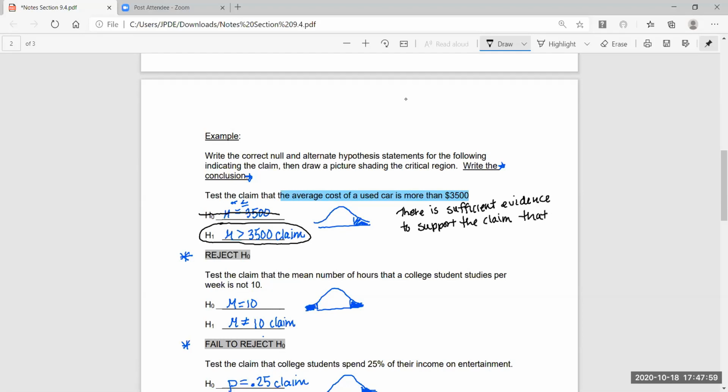And then what I usually do is I go back to the wording, and the wording says the average cost of a used car is more than